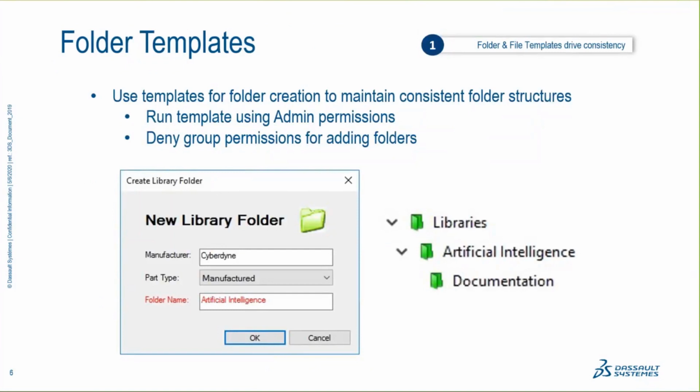This one would create a single folder with another nested folder inside of it called documentation, specifically in a library directory. I mentioned folder and file templates drive consistency. One of the ways that you can use this is by denying the permission in your groups for adding folders,